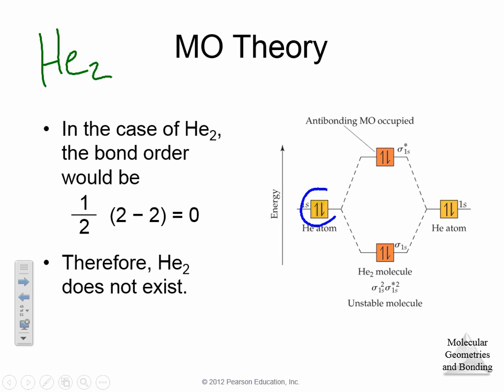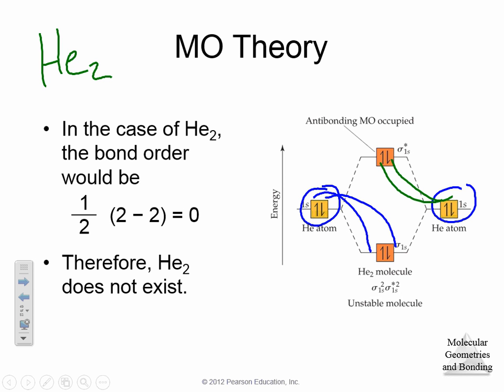We have 2 electrons from helium from one atom. We have 2 electrons from another helium atom on the right. These 2 electrons, 1, 2, go here. These 2 electrons, 1, 2, go here. Now you can see we filled our anti-bonding